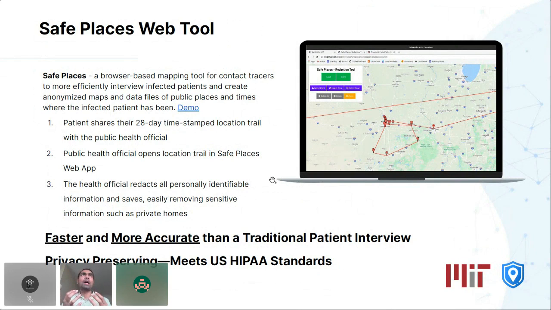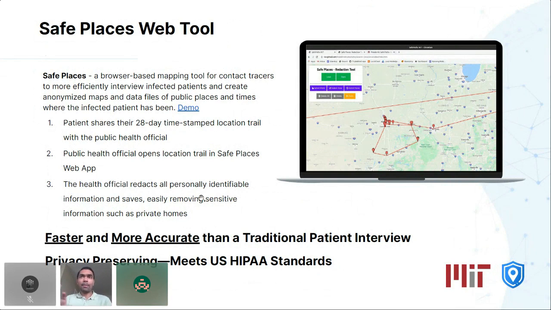For example, if I were the infected patient, I would have my personal private home and other places which are sensitive and I don't want to release in public on that location trail. The public official can easily, with a very user-friendly interface, just click and remove or redact all the sensitive information. So you have load, save, redact, and then whatever is helpful in the interest of public health, they can publish for the public good.